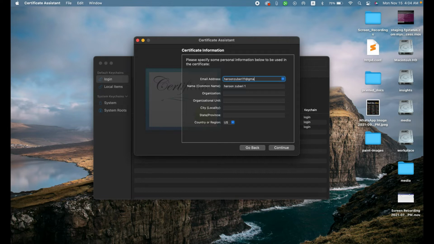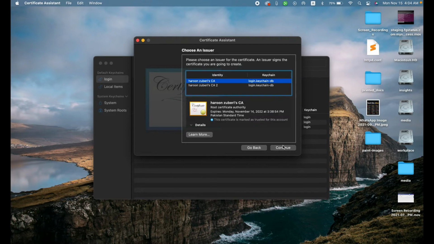harunzuberi11@gmail.com, organization. All other information can be left blank. Click continue. As you can see, the certificate is successfully created. And now click continue,